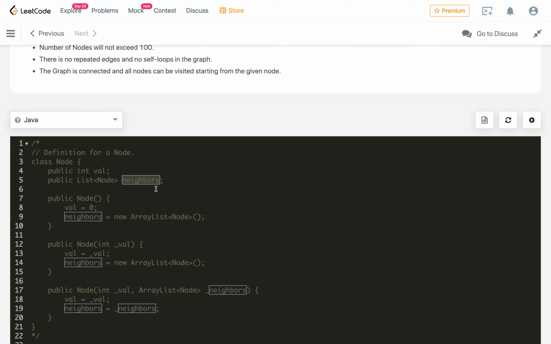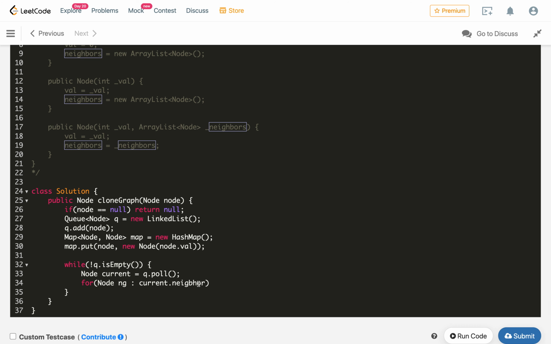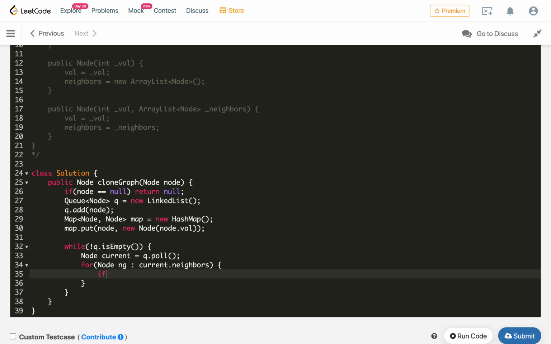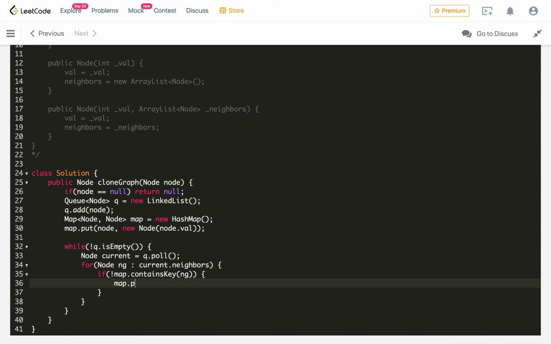Here we have neighbors, not neighbor, so let's copy it here, and then we will process this node. So we will check if the map does not contain the key for ng, then we will create an entry for this, map dot put ng comma new node of ng dot val.